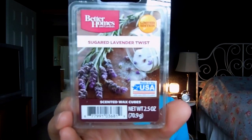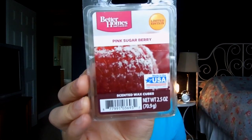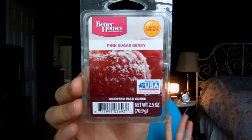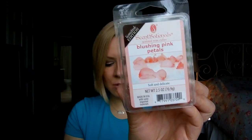Okay, the rest are all melts. So let's go through them quickly. Sugared Lavender Twist from Better Homes and Gardens. Will absolutely repurchase. I love it. Pink Sugar Berry from Better Homes and Gardens at Walmart. Love it. I will absolutely repurchase it. Blushing Pink Petals. Love this. Oh, do I love this. In fact, I love it so much that,